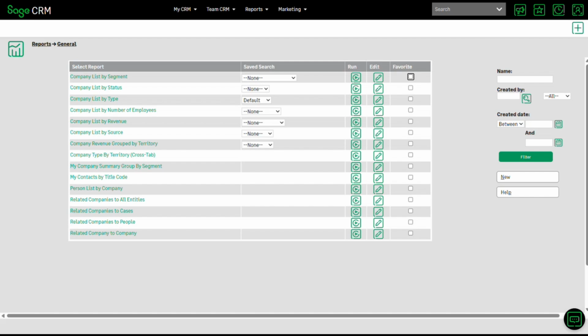So editing a user doesn't change Sage CRM globally, but it does change that individual user's experience: what menus the user sees, what records they can access, what actions they can perform, and how workflows and assignments behave for that user. And this is why administrators have to be very deliberate and cautious when editing users, because you can have quite profound effects for that user. Now, I'm going to switch back into the system administration screen,